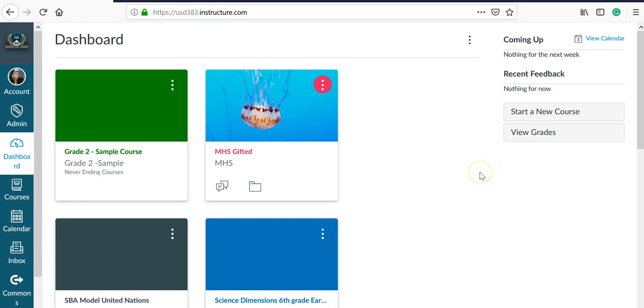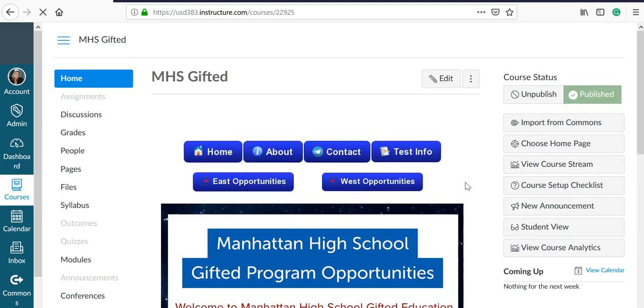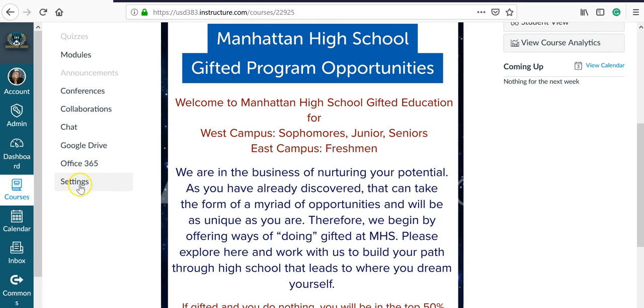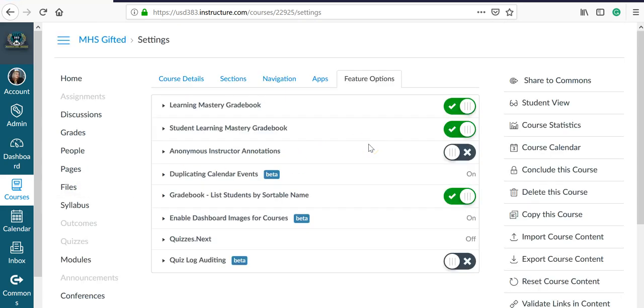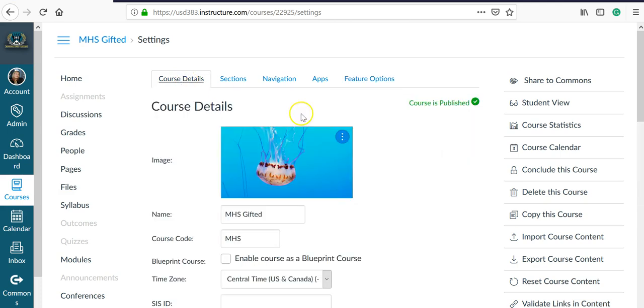Today, we are going to learn about Canvas course settings. I'm going to click on one of my courses, and to get started, I'm going to click the settings link in course navigation. You can view and change details about your course on the Course Details tab, such as the image, the name,